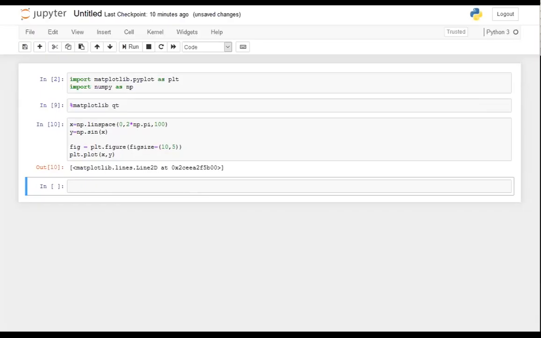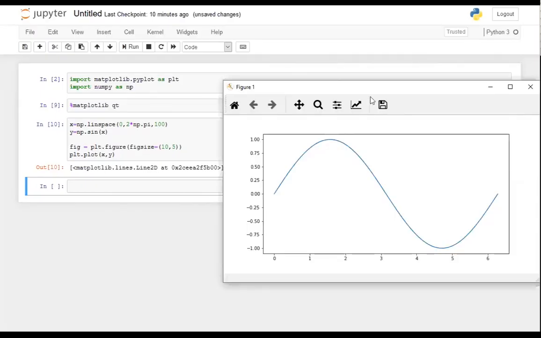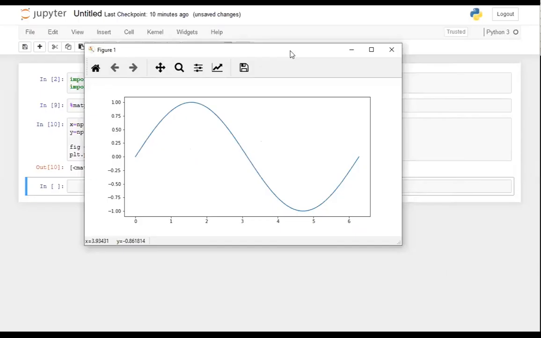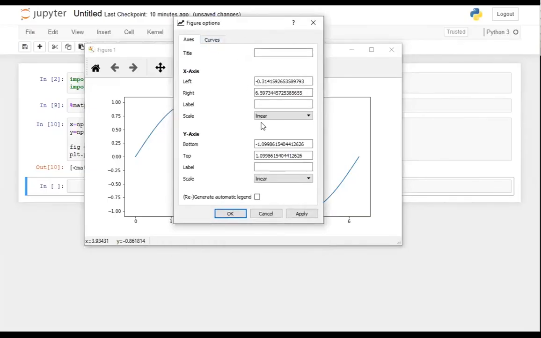I have it down on my taskbar. So if I click on it, this shows up. Now it's more interactive. You can save it. I'll tell you how to save a figure when it's within the notebook. You can edit axes. The x-axis limits we can set here. You can set the label for x. You can also decide whether it's going to be logarithmic or linear. And for the y-axis, you can give